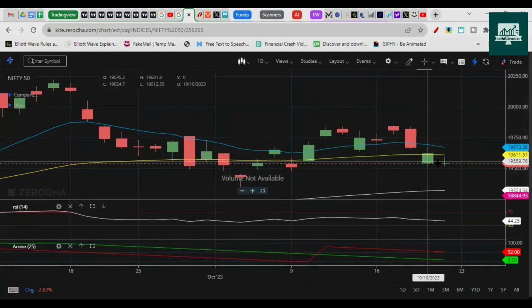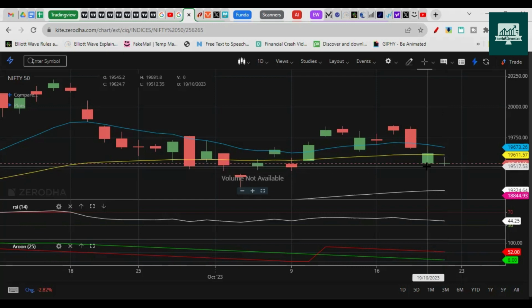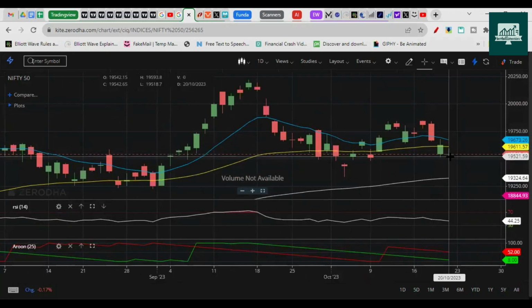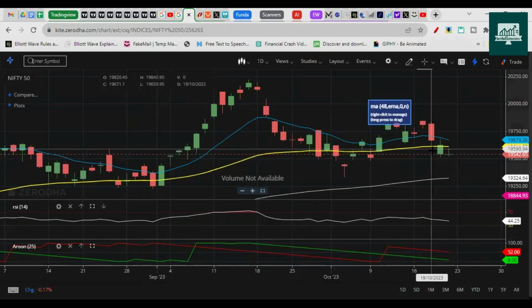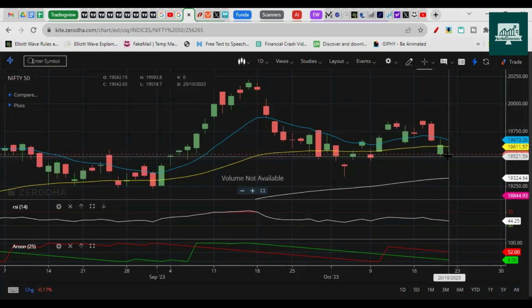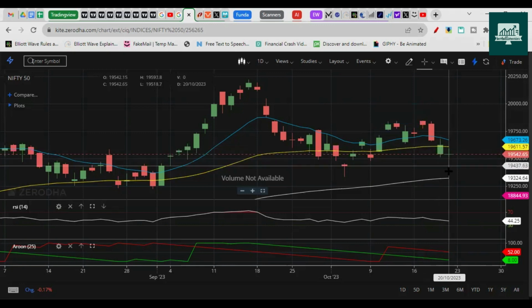In the last two sessions, it was a green candle and then there is an inside bar candle, right? So we can say here that Nifty has halted the fall with the inside bar. This may not be a perfect inside bar, but that depends on what happens in the next session. At least you could say it's an inverse hammer, right? Here at least it is formed within the previous candle's body.